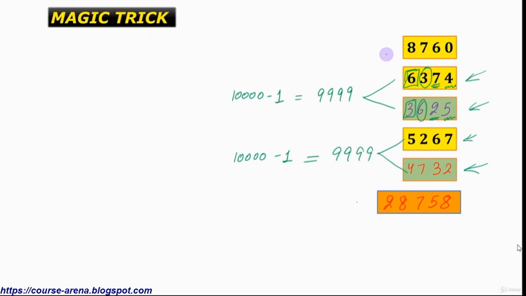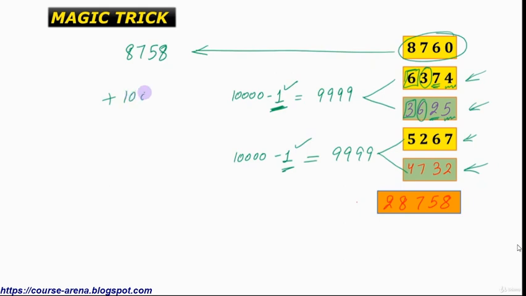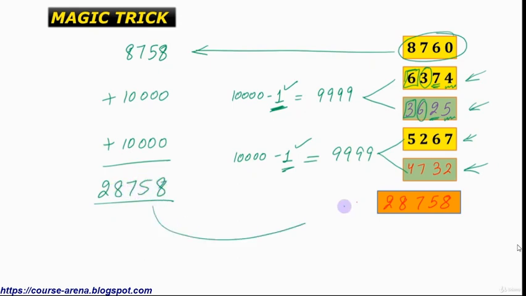Now what you do is, you subtract 2 from the number 8760. So when you subtract it, you get 8758. And now with all this taken care of, all we need to do is add 10,000. And hence we wrote down the answer as 28758. This is the number that we had written on the piece of paper. So all I needed was the first number, and I had written my number as 28758. I hope you have understood this magic trick and have enjoyed it.